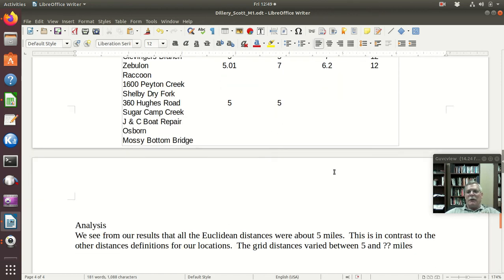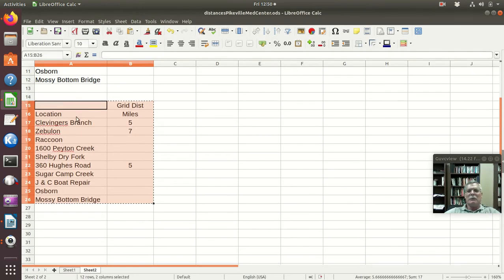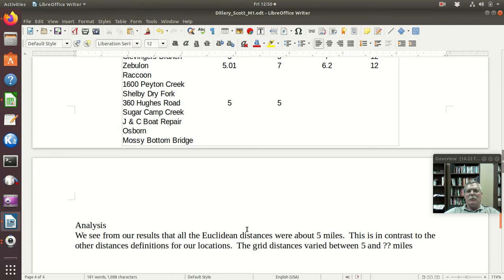So they varied between 5 and some number of miles. So what am I doing there? Well, again, look back here. It said, how do the grid distances compare to each other? Well, what were they? They were 5, 7, something, 5, and so they varied between those.